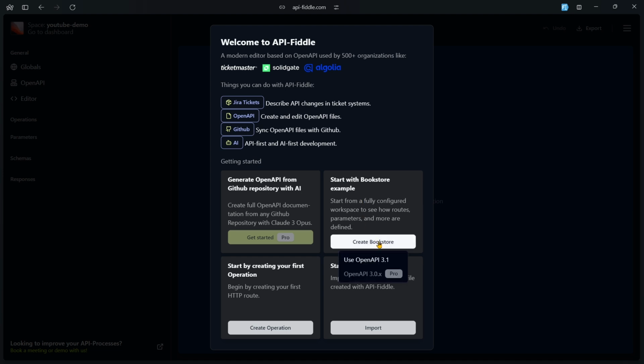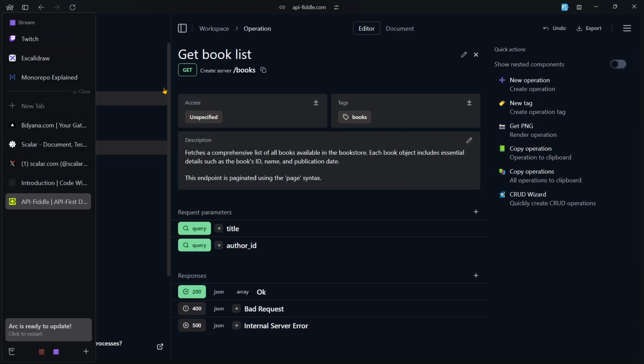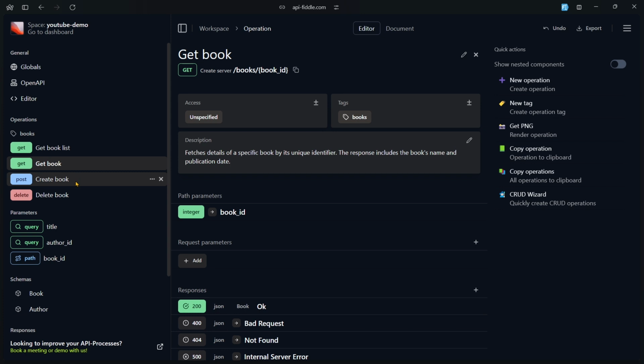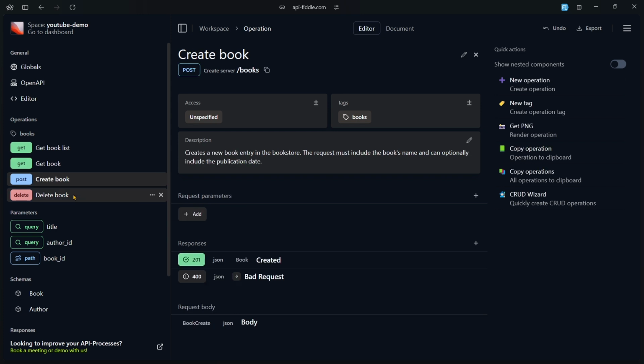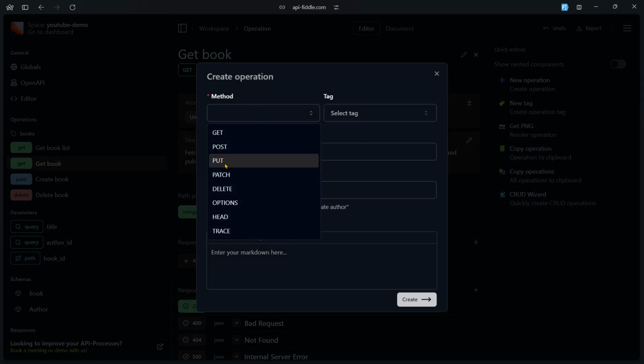So if I click this here and click here and say maybe use OpenAI, it's going to go ahead and generate for me an API which I can use to get. You see, this is like already detailed explanations. This is the get book list. So this is where you can go ahead and create your endpoints, your APIs, and add the statuses and all of that. You can click here and choose maybe add method, for example,